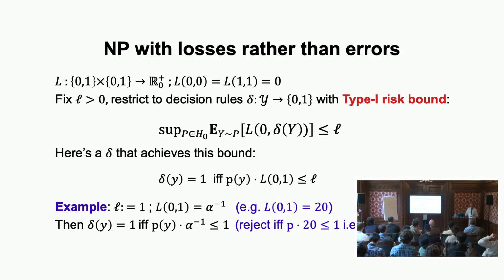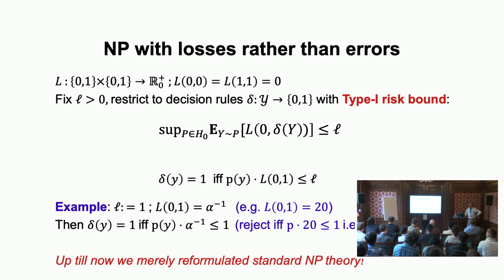Then your decision rule is saying, I reject if my p-value times my loss is smaller than 1. That achieves this bound, so your expected loss is always smaller than 1. So that's the good thing to do here. In this interpretation, a type 1 error significance level of alpha, 0.05, translates into a type 1 loss of 20, 1 over alpha. The smaller alpha, the larger the loss. It's 1 over alpha. But otherwise, you basically do the same thing.